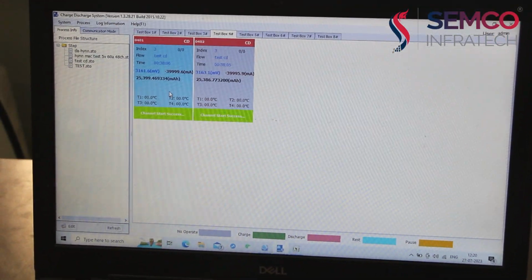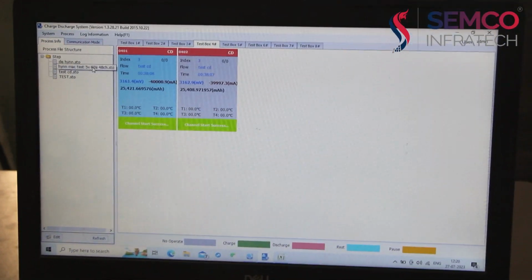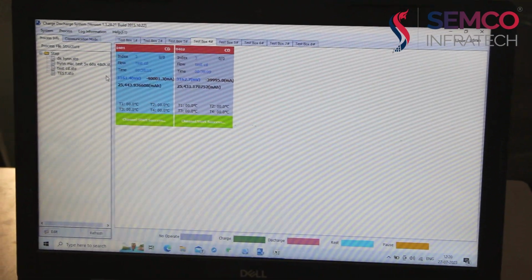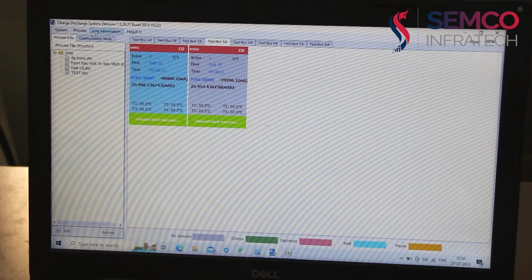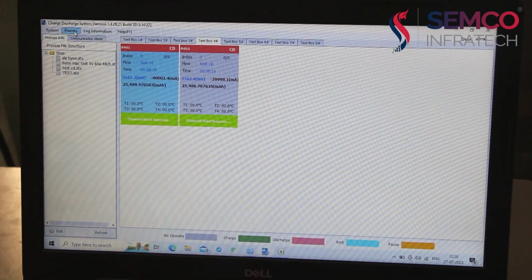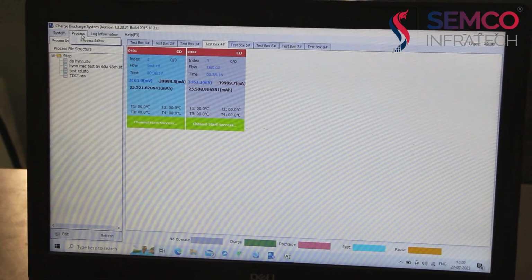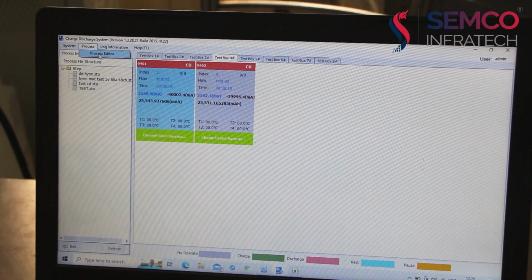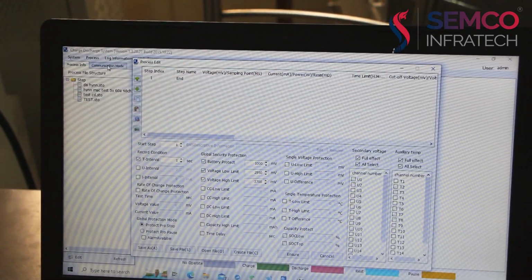So this is our software interface. Firstly, we have to create the program according to our cell specification. For creating the program, we have to tap process editor.